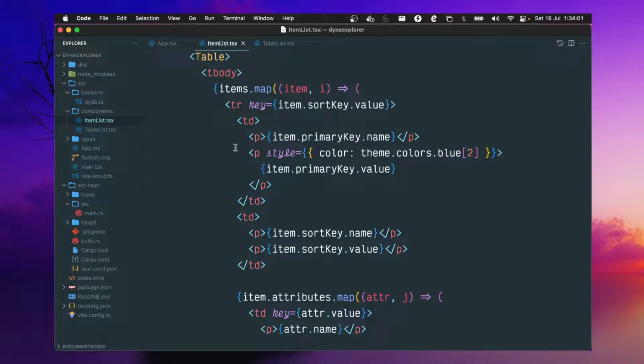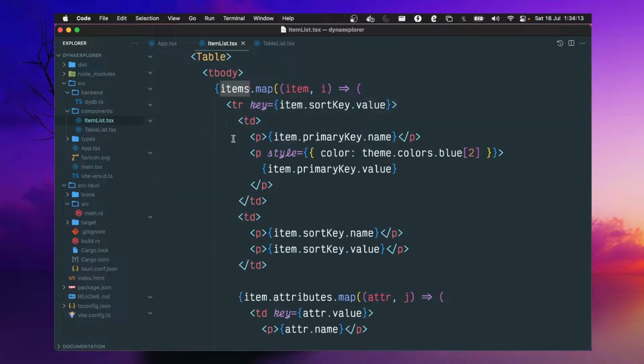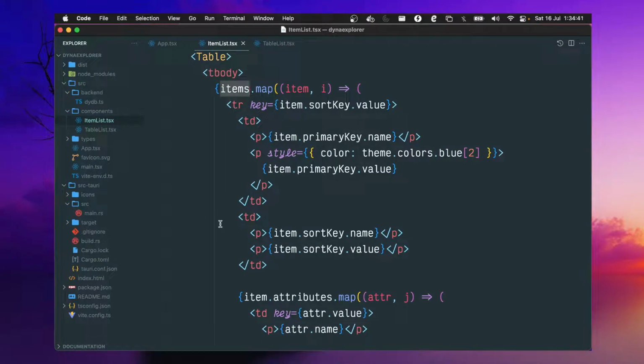So if you see this, I have only items. This is the number of rows. So this row will be created. And I put this sort key as a key. Your primary key, if you see, is repeated, the same email. Because the combination of primary key and sort key is what is unique. So I could have used both of them, but for my example case the sort key would be unique. But the primary key is not unique. Or not primary key, it is a partition key. I think I've given the name as primary key, right? Yeah, I think it is known as primary key. I'm not sure, I'll double confirm, but it is known as partition key most of the time. So the combination of partition key and sort key is unique. But anyway,